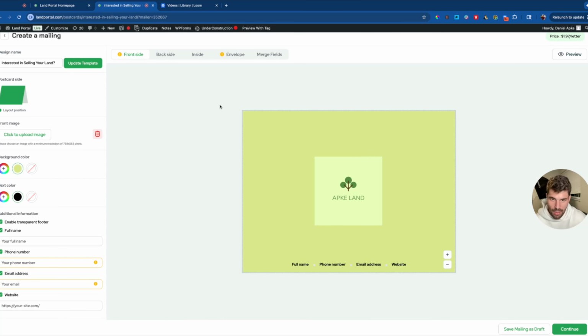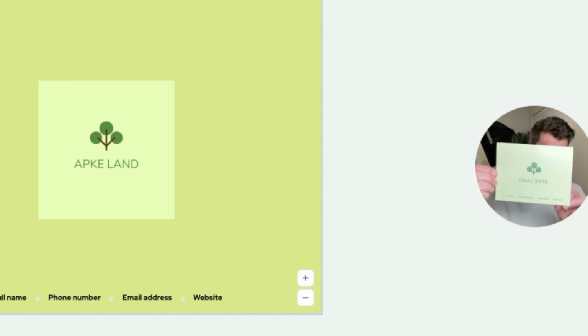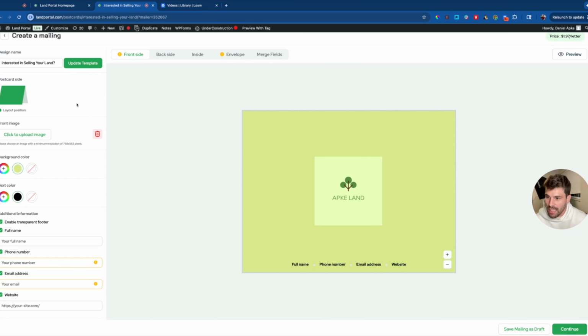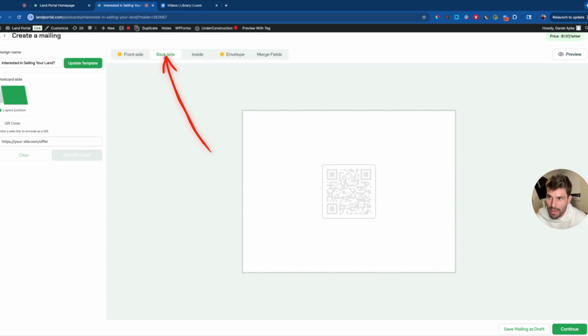I'm going to have it bleed all the way through from edge to edge, is what this is called. So there's going to be color, just like you see on my picture here. There's going to be color from edge to edge on that. All right, so after you're done editing your front here, you go to the back side and you can put